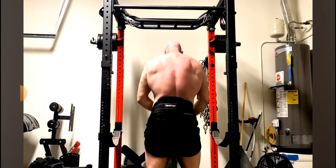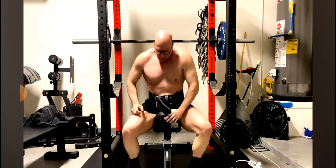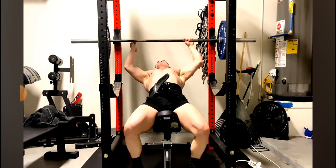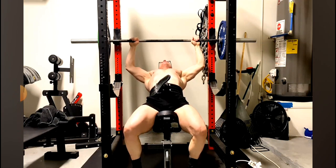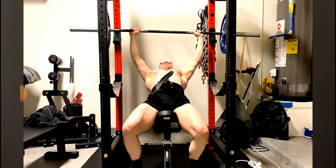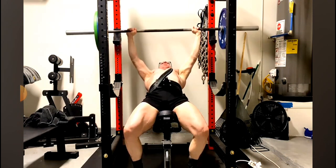Would make sure that I failed. Same thing with the pull-ups, and I know this is probably my last rep. What do I do? Go into a deeper stretch, hold it at the bottom, and then try to come up. And the idea behind all of this is this takes me to within 1 rep of failure. A lot of these are 1 rep reserve or 0 reps in reserve. In other words,